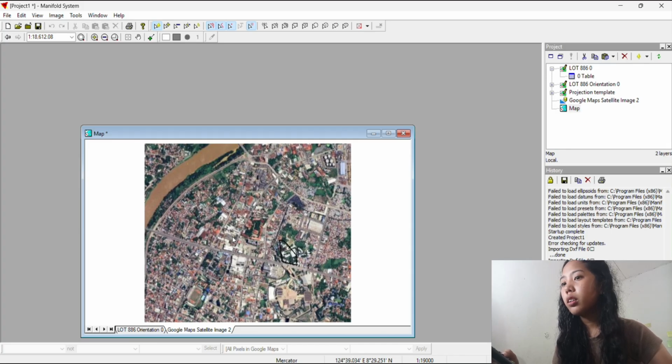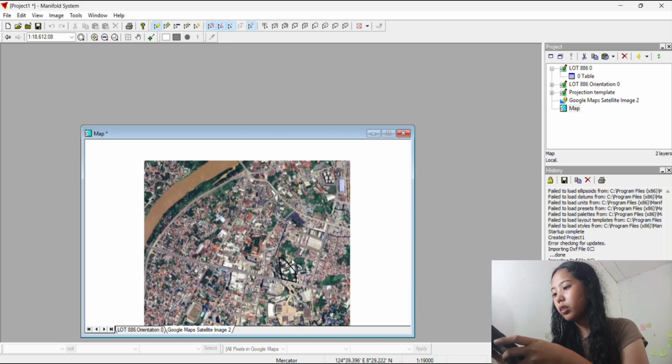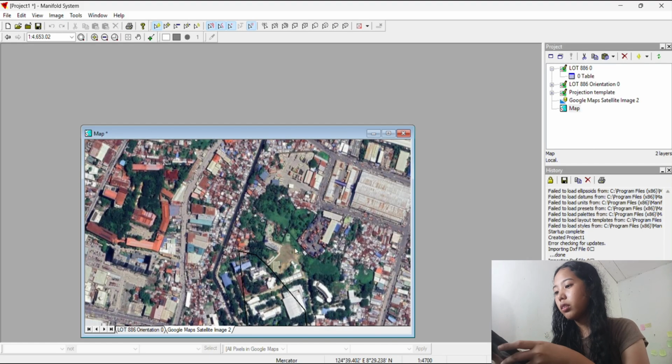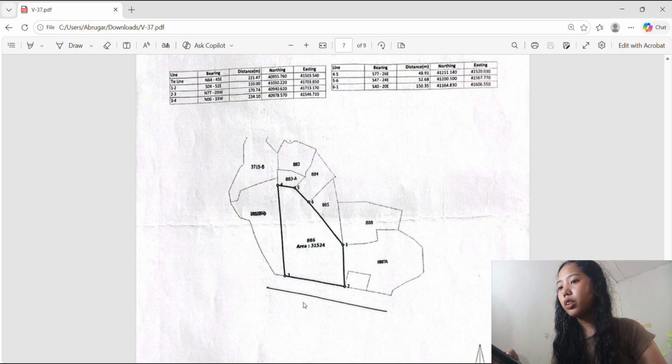Then for latitude, 8.4847917. Then 8, 28, 45. Then back, paste it to the longitude.